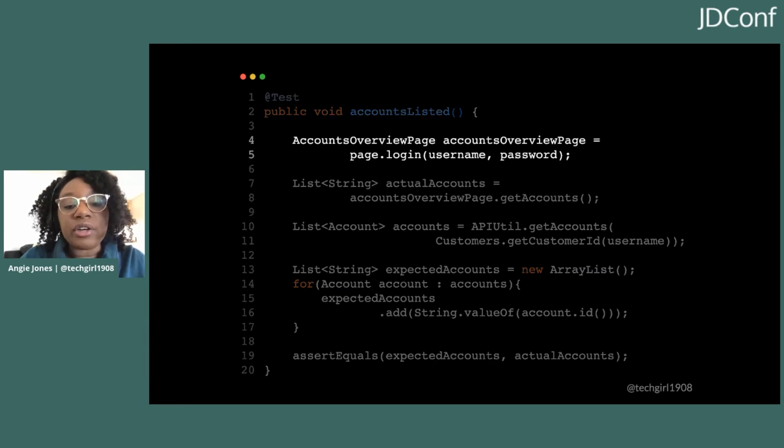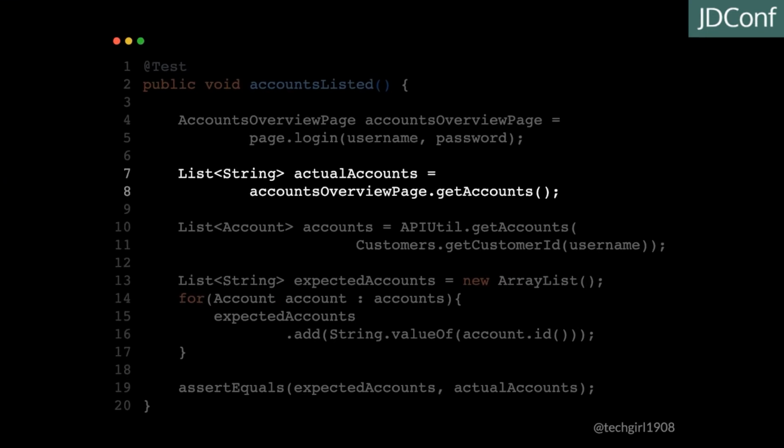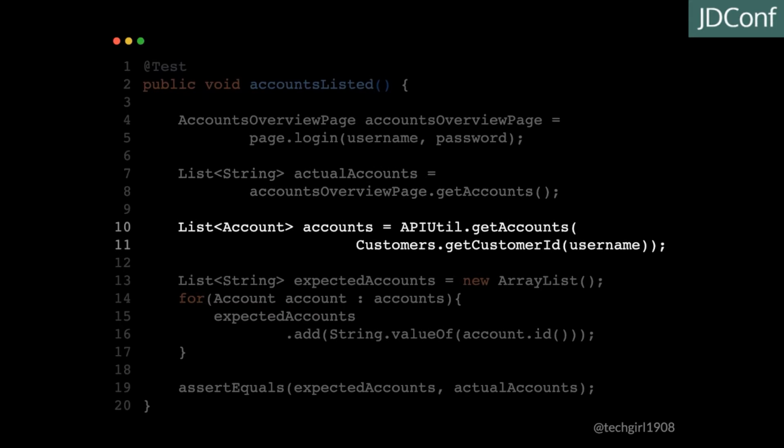Here, we're logging into the application, and we get a handle to this accounts overview page, and this is where that table of accounts is located. Next, we get a list of the account numbers that are displayed on the page, and then we want to get the expected accounts. So this test data can change. So we actually make a call to an API to get the expected accounts, and this returns a list of